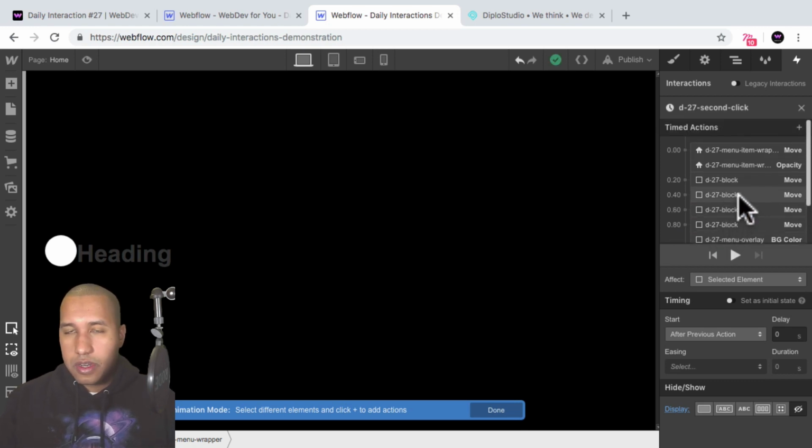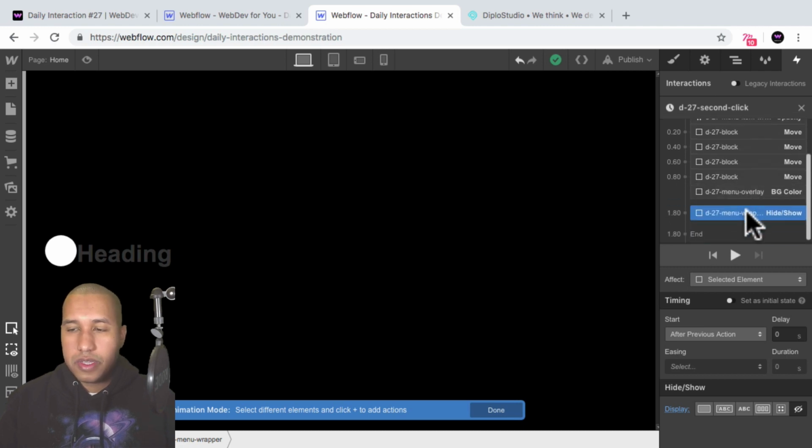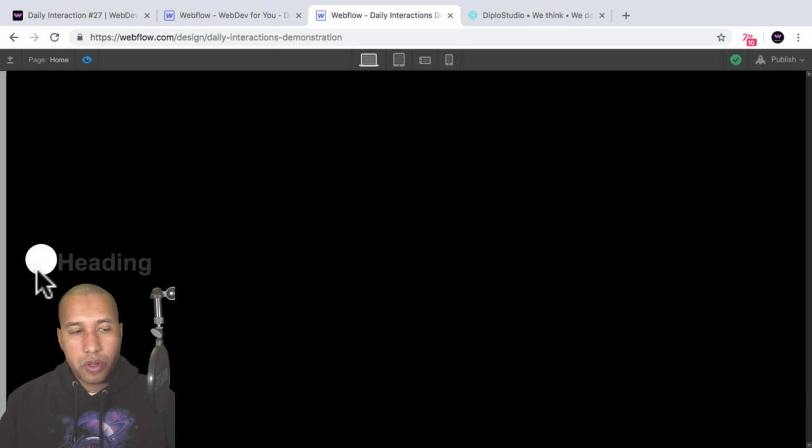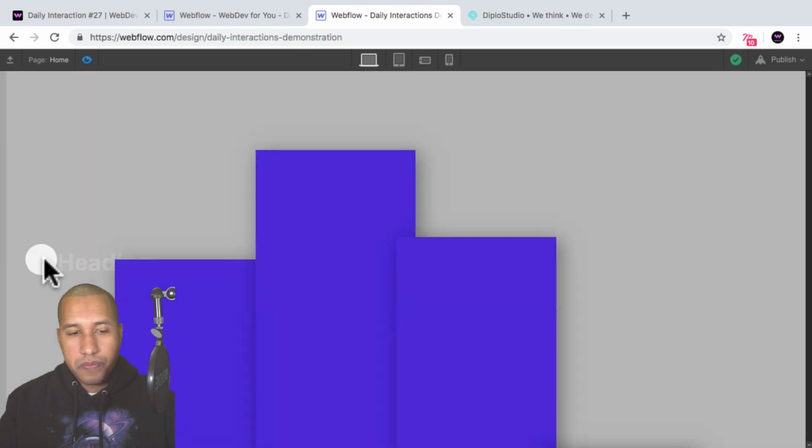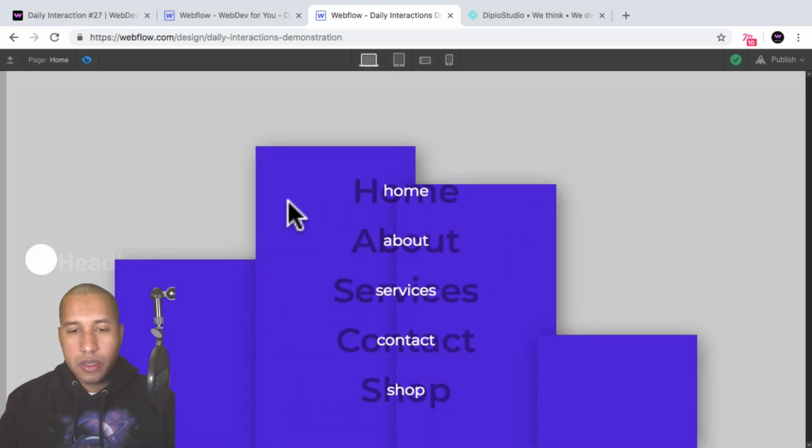All right, looks good. If you have any questions about anything I went over, definitely let me know in the comment section below. It is just a matter of playing with the timed actions and getting the right timing for all the elements. So yeah, let's go ahead and preview. So I click on the menu trigger, the bars come in, the menu comes in from the left to the right. And if I click again,